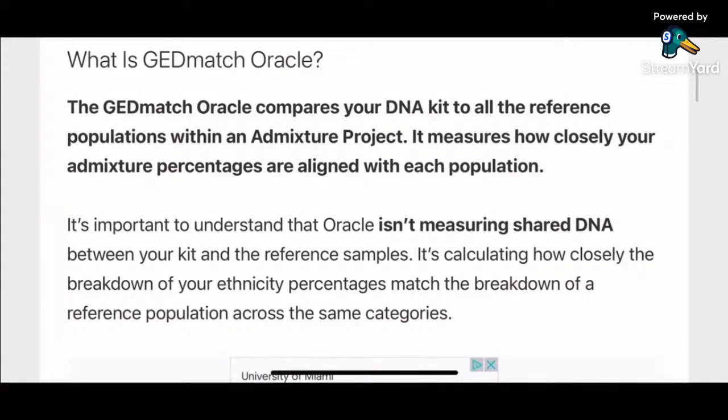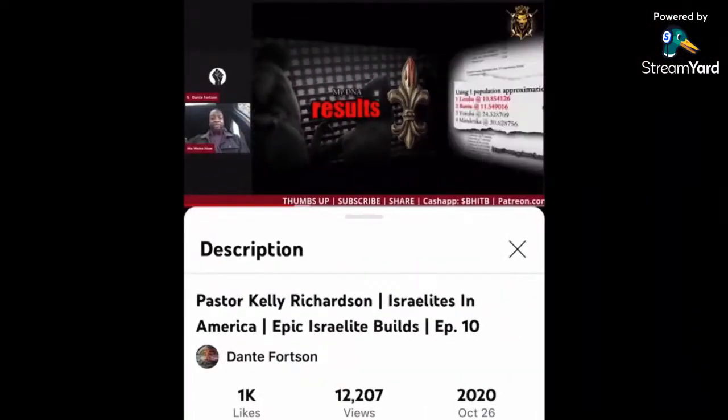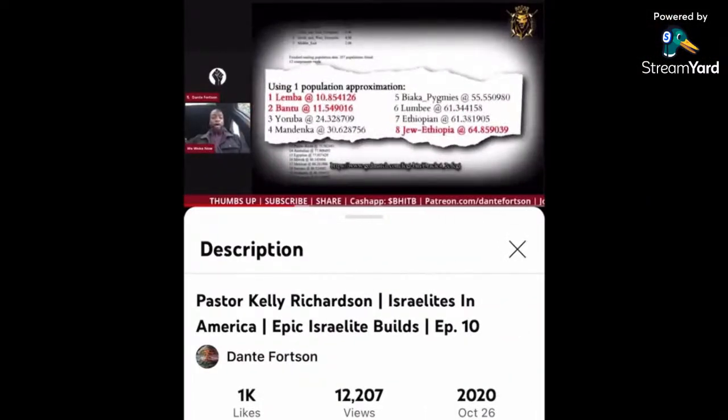To make this more clear, to illustrate what's being said, let's look at some Oracle results that different people got. Since both Moor and Yakoba brought up our friend Pastor Kelly, let's consider the Oracle results which he was kind enough to share publicly. "So I want to share this real quick about my DNA results. This is one of them, but I got others that I keep personal because I have more of my personal information there. So for security, I don't put it out there."